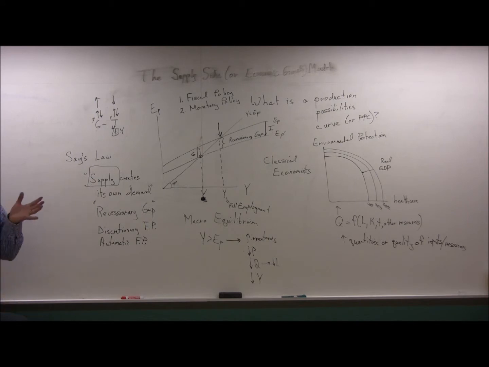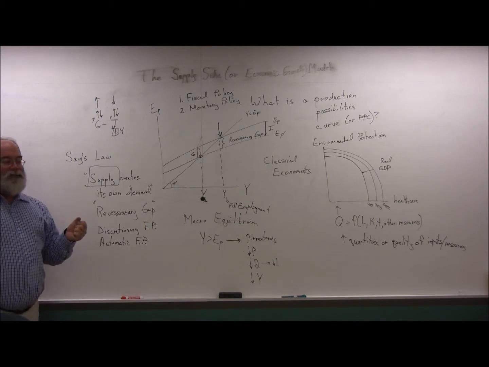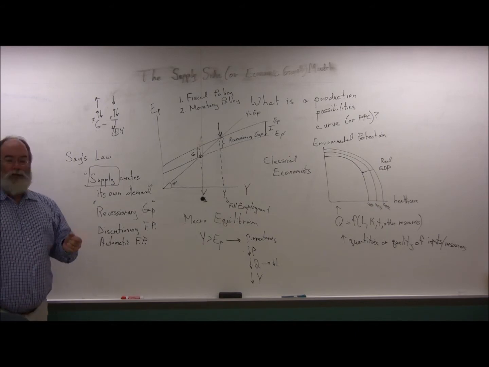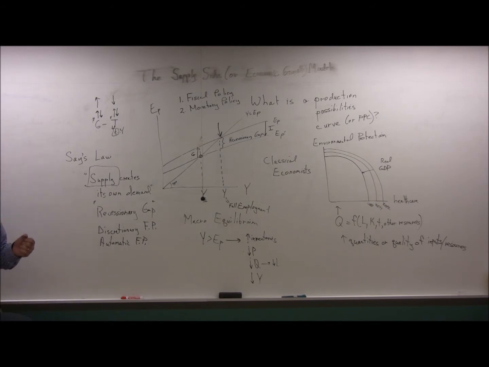The system works automatically. So if you get your hours cut because we're in a recession, your income doesn't actually fall as much as you think because the government gives you some tax revenues back. That's automatic fiscal policy. Okay, they put in the system and then they let it run.